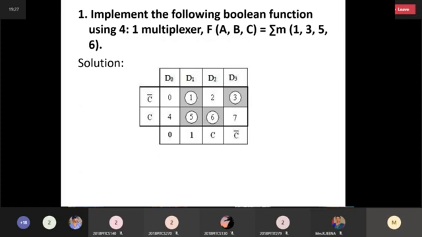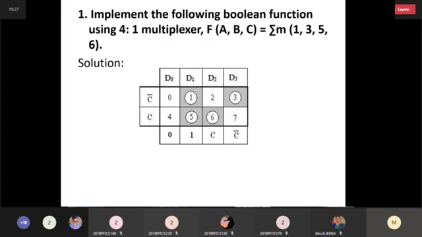Okay. If both the values are circled, you have to write the answer as 1. If both the values are not circled, you have to write the answer as 0. If the top value is circled, you have to write the complement of the variable, that is C bar. If the low variable is circled, you have to write the normal variable C. Clear about this? First you have to write the inputs D0, D1, D2, D3. There will be 4 inputs. This is the output, C bar or C. This is the 0, 1, 2, 3, 4, 5, 6 and 7.